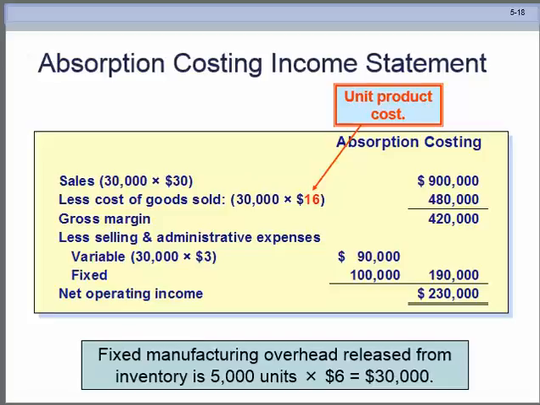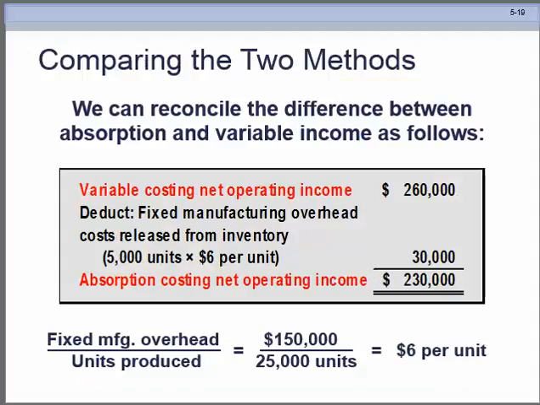And this is just how it's done. Remember, absorption costing is for external purposes. Variable costing is for internal purposes. Okay? And if we compare the two, we notice that the difference really, if you put it side by side here,